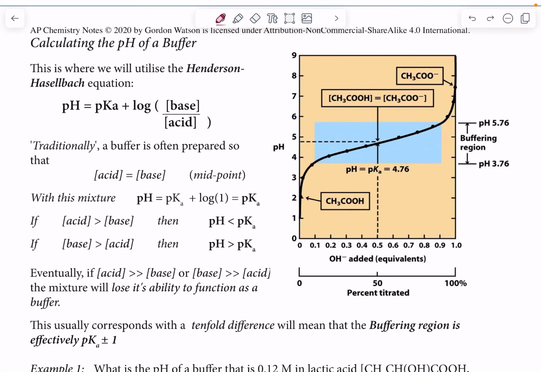Okay, so we're going to pick up where we left off last class. So we're looking at how we calculate the pH of a solution, a combination of acids and weak bases that we know are a buffer. So when we look at our titration curve, where it's flat is typically what we refer to as our buffer